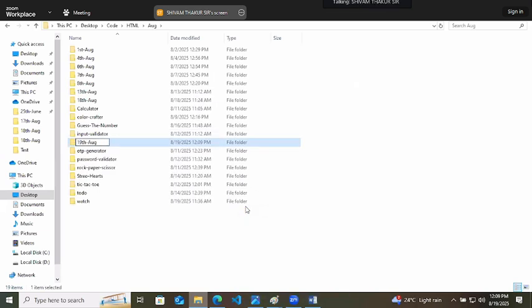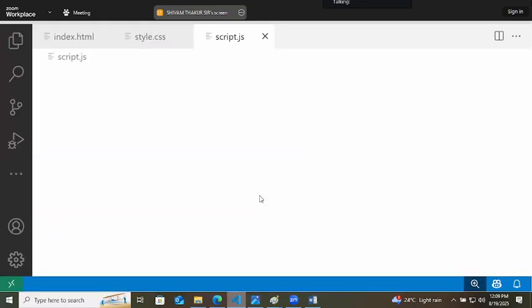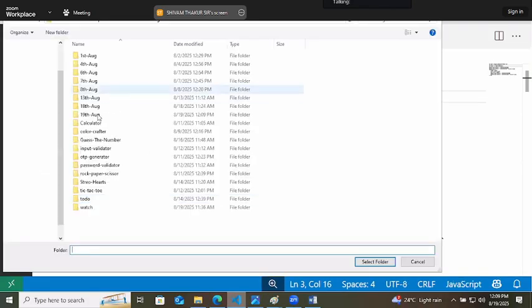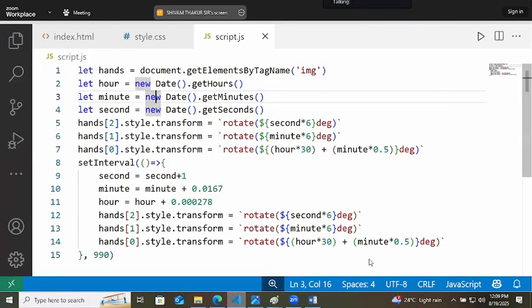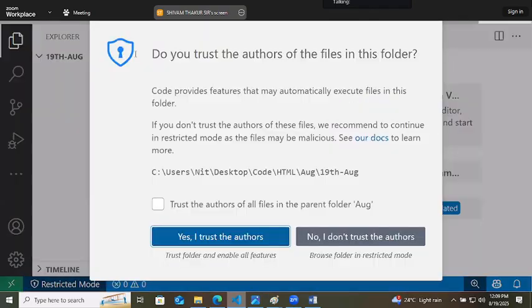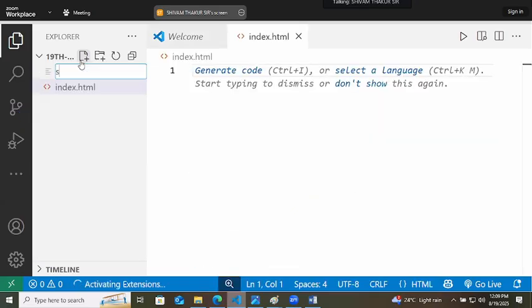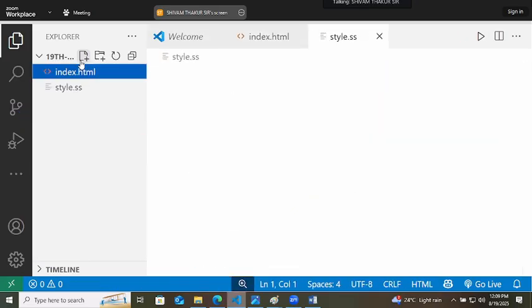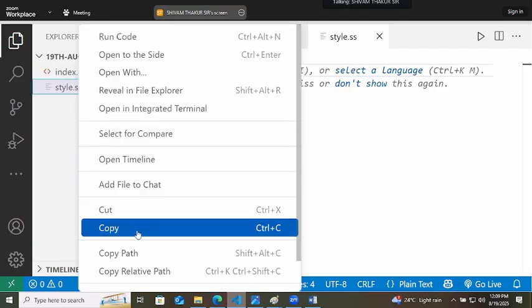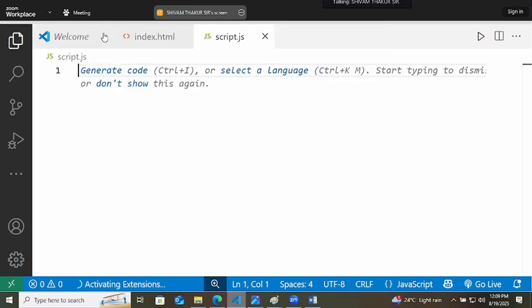Here we will create the file style.css, script.js.